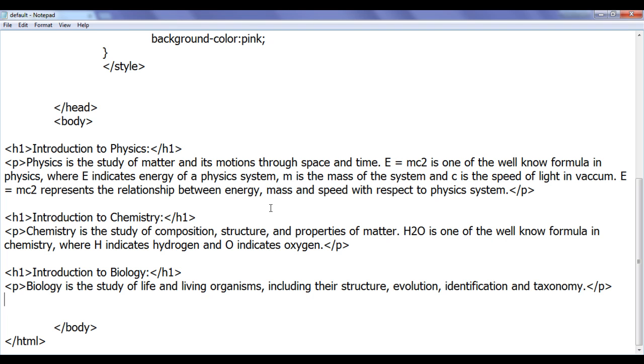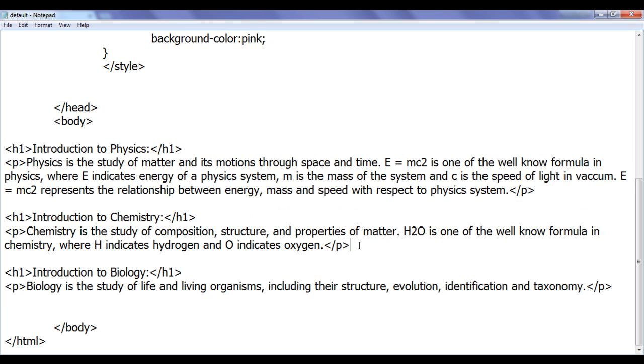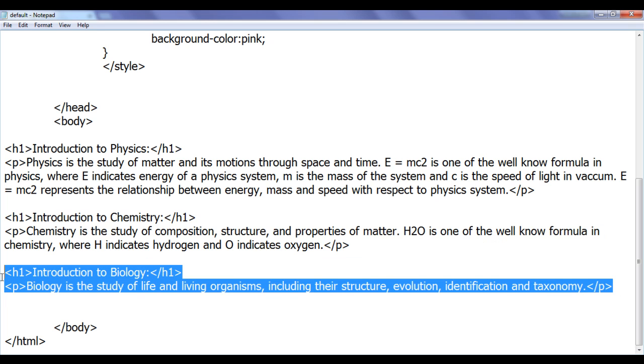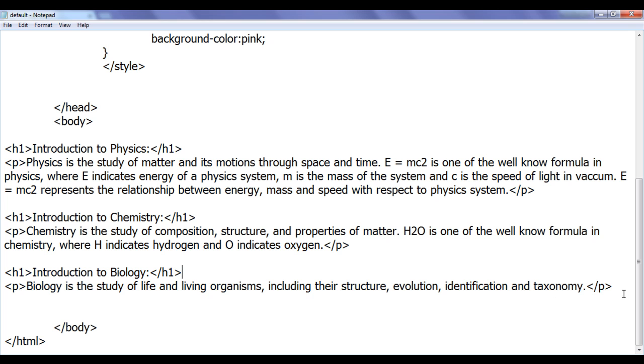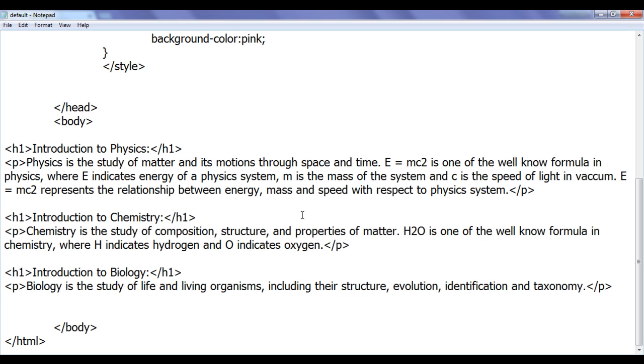Like I can create a head section, I can create a body section, or I can create a section for physics. I can create one separate section for chemistry. I can create one separate section for biology, like that, and I can apply styles on those sections too. Div tag can also be used to create layouts of web pages. I show you different examples of creating layouts by using div tag. I hope you remember we have created our own profile by using table tag.